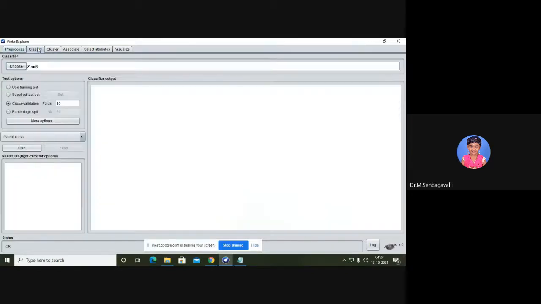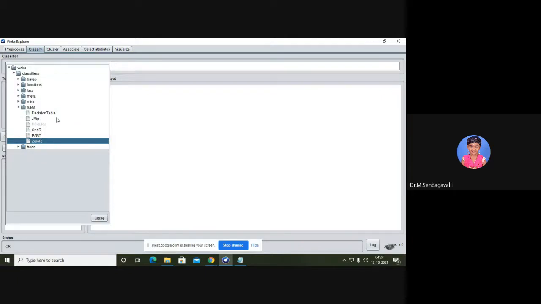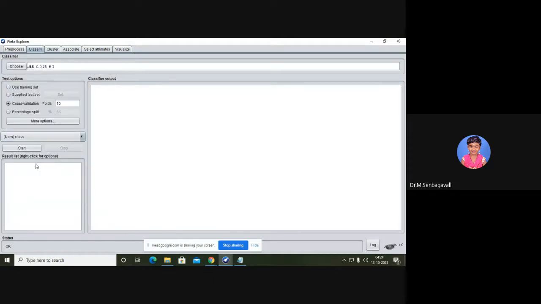And you can go to classify, and you have to select the specific algorithm, what type of classification you want to do. I'm just choosing the algorithm by clicking choose. I want to go with trees. I'll go with this J48 tree. I'm just clicking. You just see